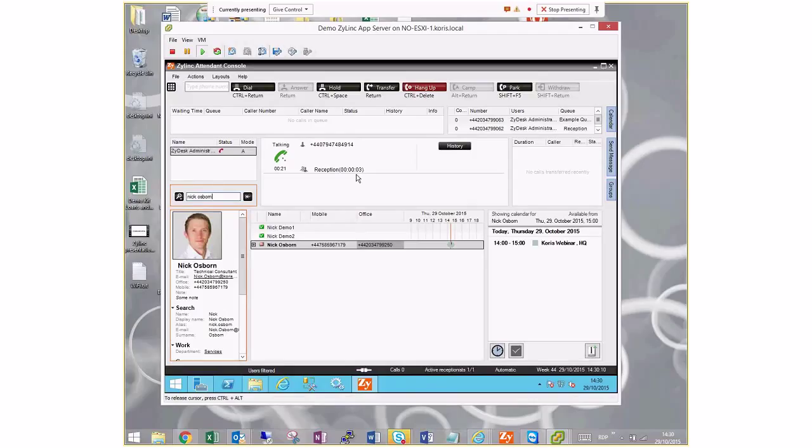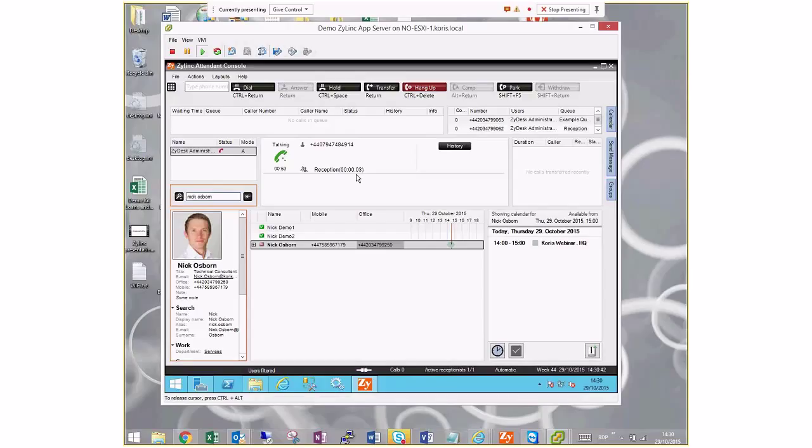What's quite a neat feature we can see here is that this has calendar integration. For anybody in your directory that's got an Exchange mailbox, their calendar information can be brought into the attendant console to allow that receptionist to make a better decision about what to do about that call. So a person's called in, they want to speak to Nick Osborne, she searches for me and then looks over on the right, sees the calendar and goes, oh actually